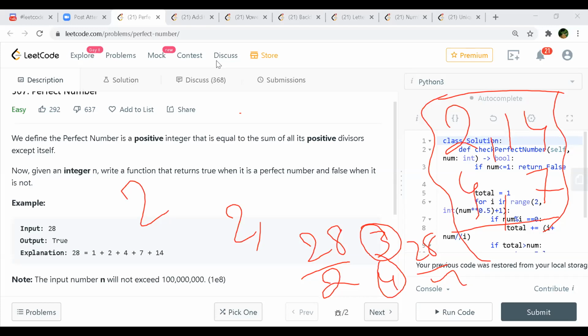But if you have an even number, you first divide it by 2, keep on dividing, so you are actually reducing to half. When you cannot divide further, then you start looking from 2, keep dividing to find a divisor, and then you add. That also works in the sense that it got accepted.